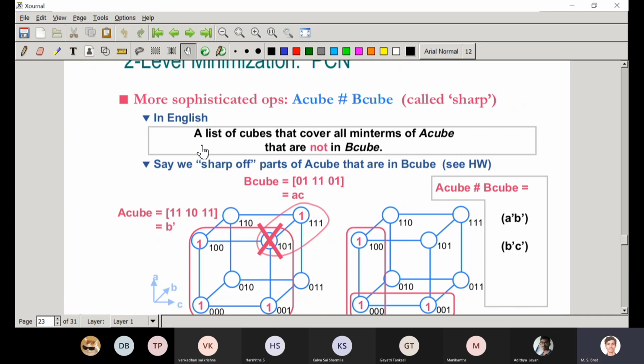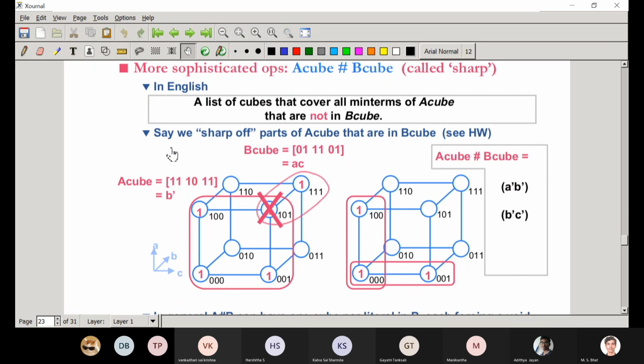Read it again: a list of cubes that cover all minterms of A cube that are not in B cube. So we sharp off parts of A cube that are in B cube.